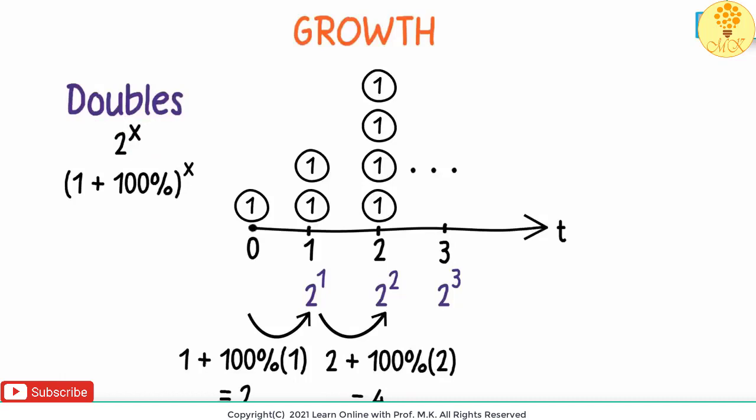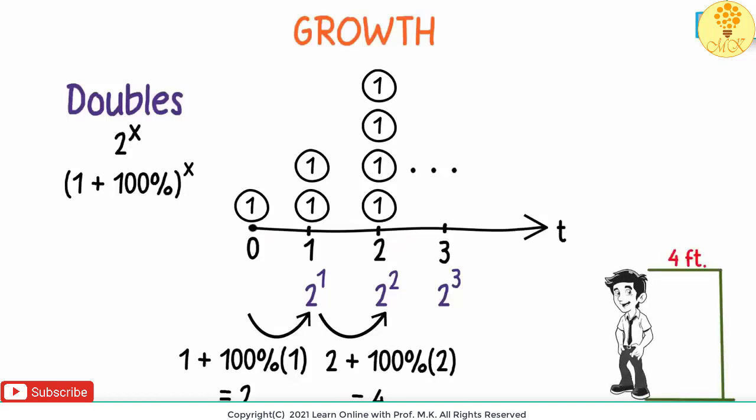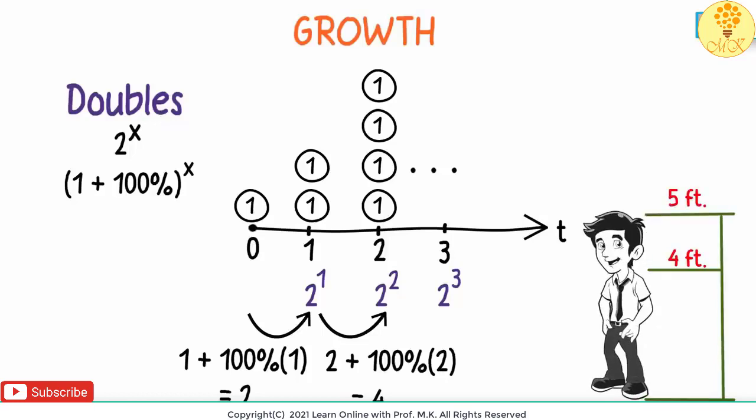But hold on, we are making an assumption here. We are assuming that growth happens in a discontinuous fashion. We are seeing growth in steps here. What about the time in between two time periods? We are seeing no growth in between. No growth and it suddenly doubles. Again no growth and suddenly doubles. But hey, that's not how nature functions. Every kind of growth happens gradually. If your height today is 4 feet, you suddenly won't be 5 feet a year later. Your height gradually grows.